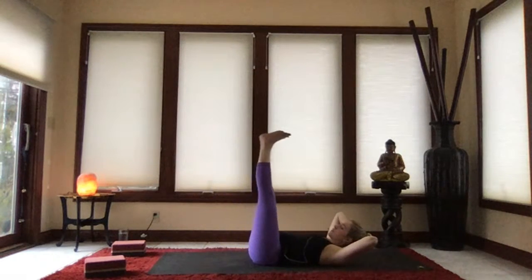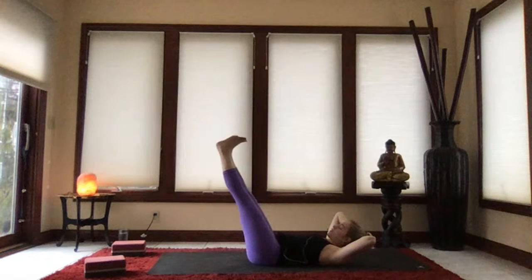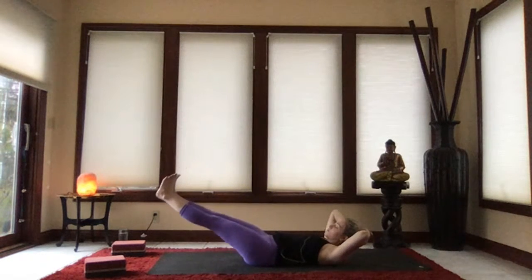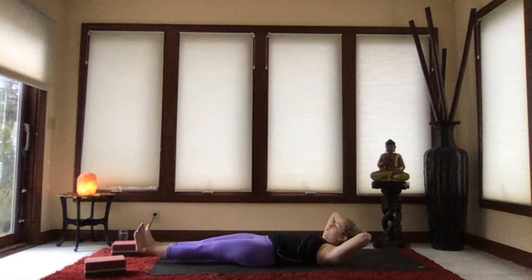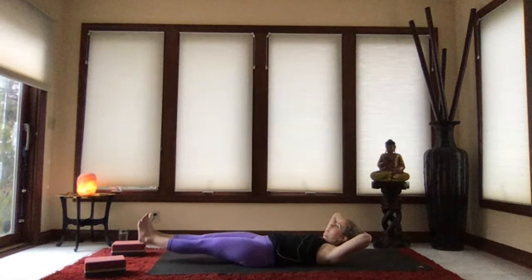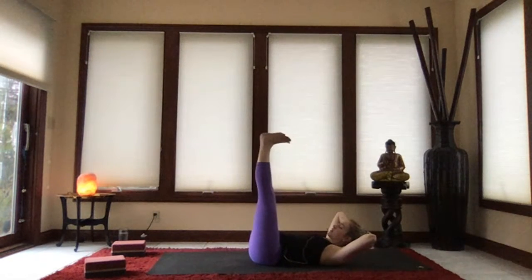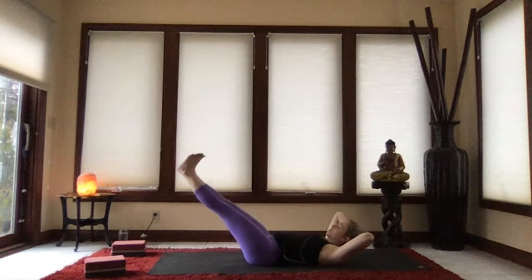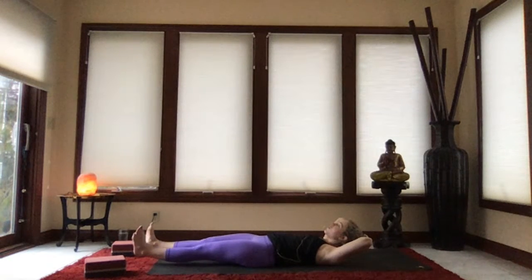Lift. And then again, slowly lower. That's it. Tap again. 10, 9, 8, 7, 6, 5, 4, 3, 2, 1, and lift. And again, go down. Pause at the 2-inch mark. Tap 10, 9, 8, 7, 6, 5, 4, 3, 2, 1. Lift up